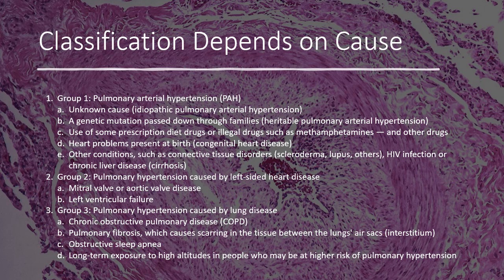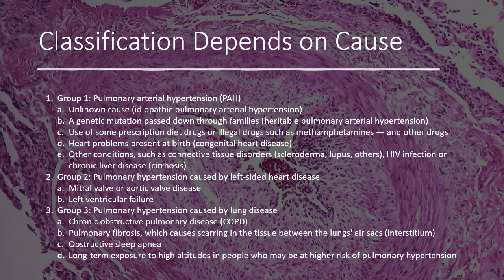also called idiopathic pulmonary arterial hypertension. The second is genetic mutation passed down through families, also known as heritable pulmonary arterial hypertension. Third is the use of some prescription diet drugs or illegal drugs such as methamphetamine and other drugs. Fourth are heart problems present at birth, like congenital heart disease. And lastly, other conditions such as connective tissue disorders like scleroderma, lupus, and HIV infection or chronic liver disease or